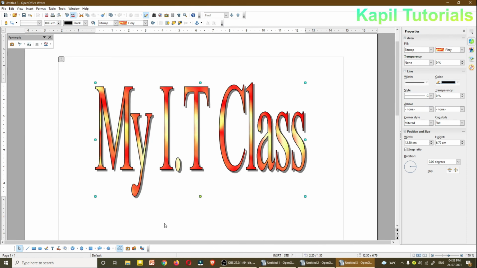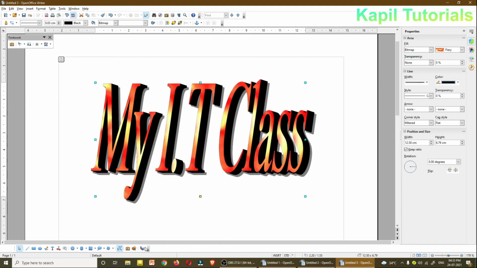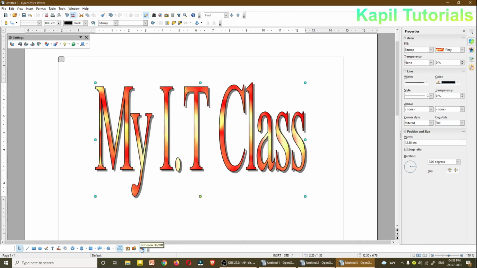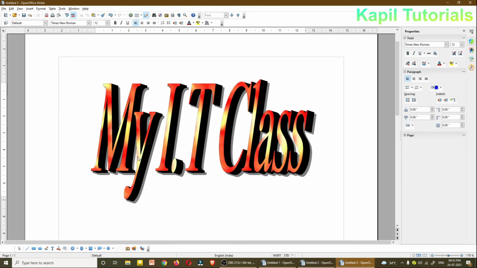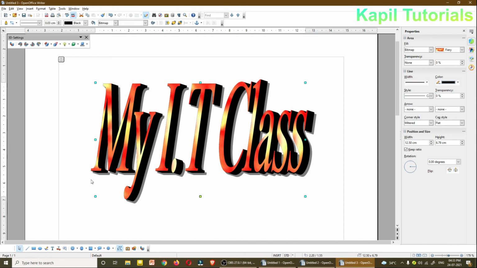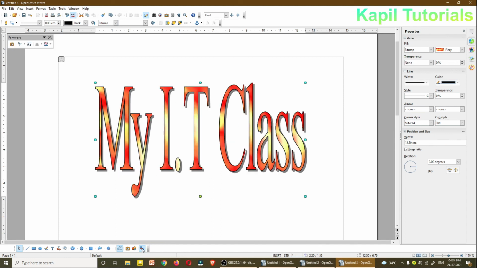And the last option, if you select this, extrusion on off, if I click this, you could see the changes. And from here I'm just clicking on extrusion, so this is the change it is showing me. It is a kind of 3D settings. Now it's off.